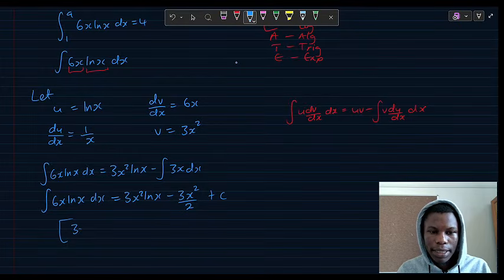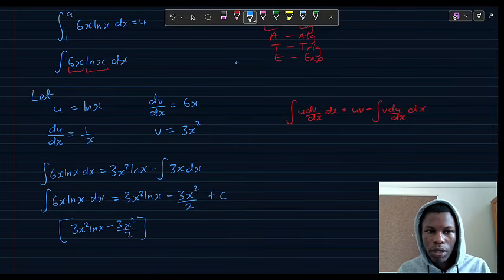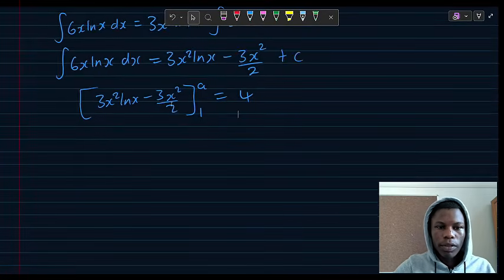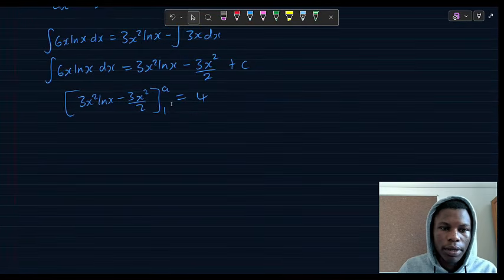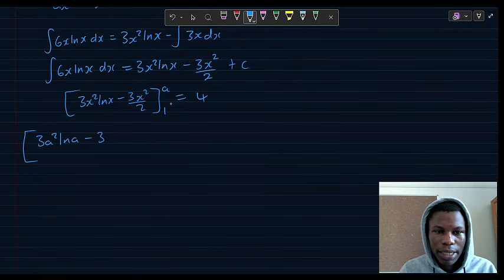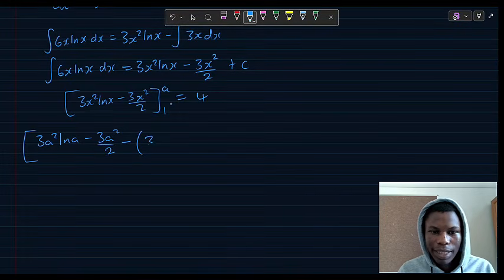I'm going to put that in brackets: 3x squared ln x minus 3x squared over 2. We were dealing with the limits from 1 to a, and we were saying that this has to be equal to 4. We just substitute in our limits. We'll start with the upper limit, which is a. So it becomes 3a squared ln a minus 3a squared over 2, minus, now we do the lower limit, which is 3 times 1 squared ln 1 minus 3 times 1 squared over 2,